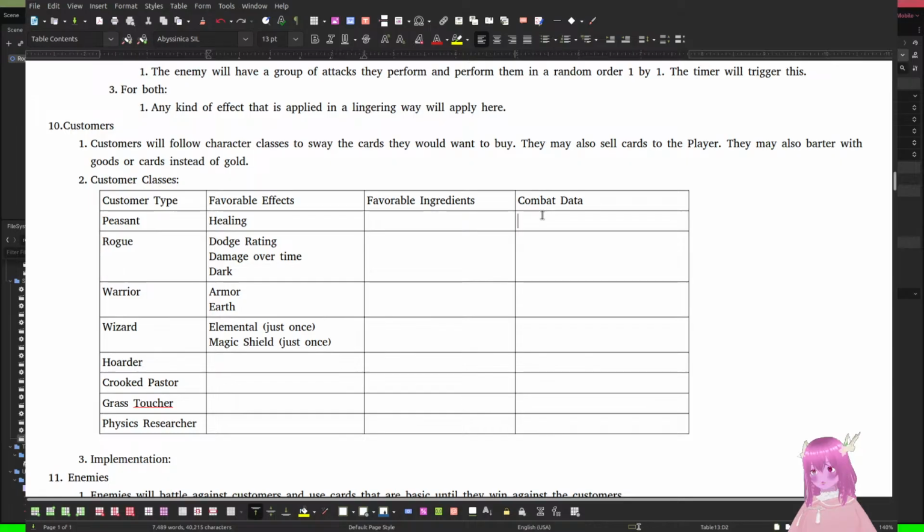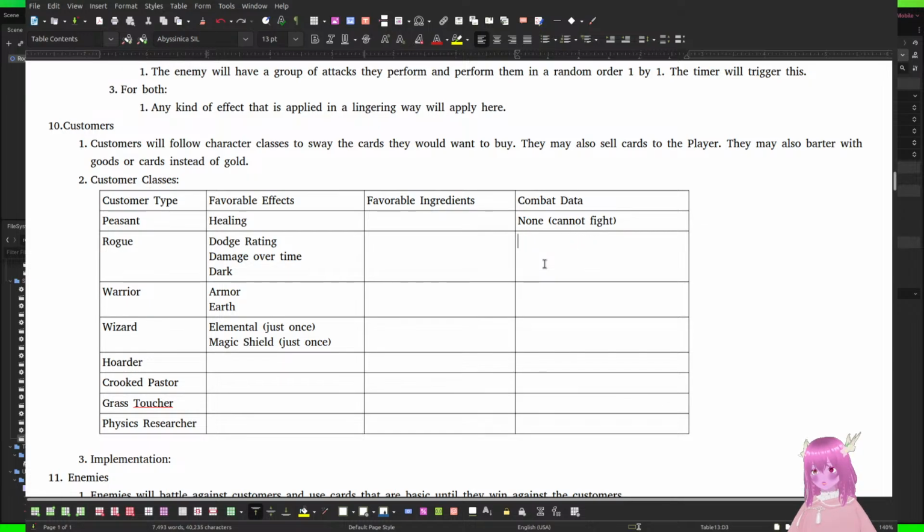I should just put this over here. So, the peasant will have none. Cannot fight. Favorable effects, healing, favorable ingredients. We'll have to think about that. The rogue will start with 3 stamina, 1 mana.